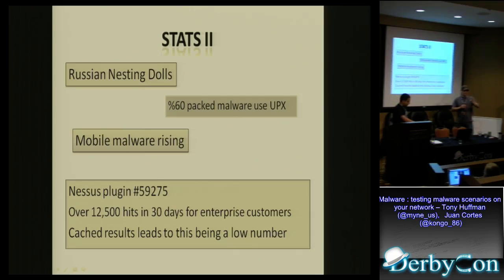On the front end, this is the stuff that we see off of our analysis. On the back end, as soon as we do analysis, we cache forward. So that 12,500 that we're seeing is a very low number compared to what the overall stats are. So we're seeing a huge number of things that companies' antivirus, or whatever their detection rates are,